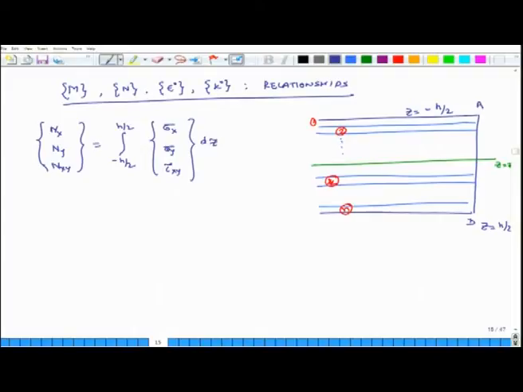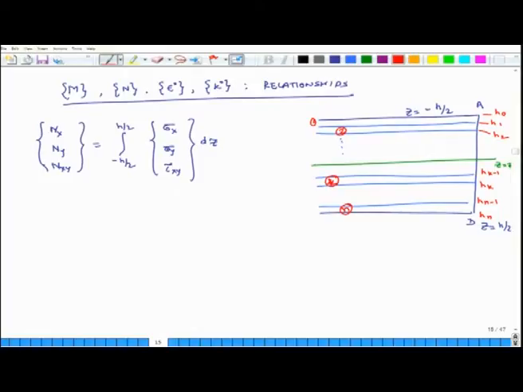And then we write down the coordinates of the beginning and end of each layer. So, I say that this is h0, this is h1, this is h2. So, what is the thickness of the top layer? It will be h1 minus h0. What is the thickness of the second layer? It will be h2 minus h1. What is the layer thickness of the kth layer? It will be hk minus h(k minus 1). And what is the thickness of the last layer? It will be hn minus h(n minus 1). So, this is the convention we will follow throughout this class.